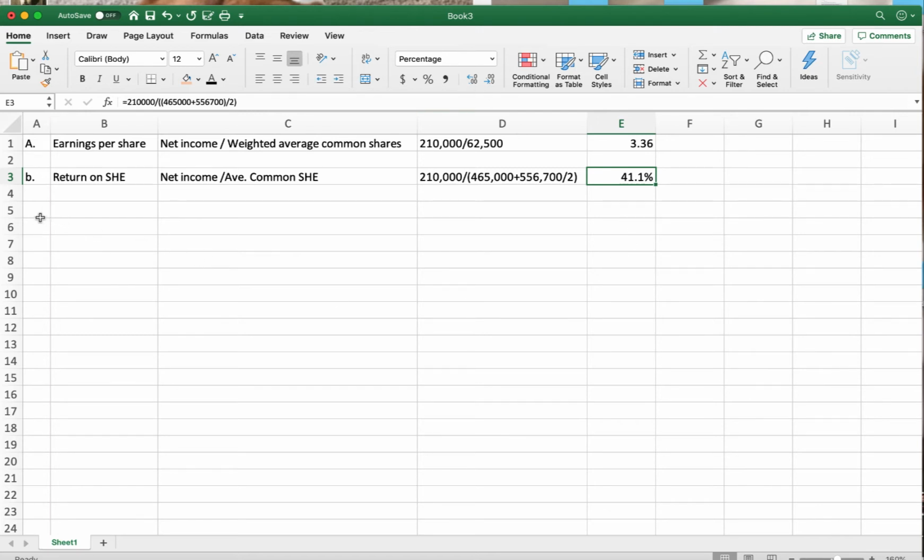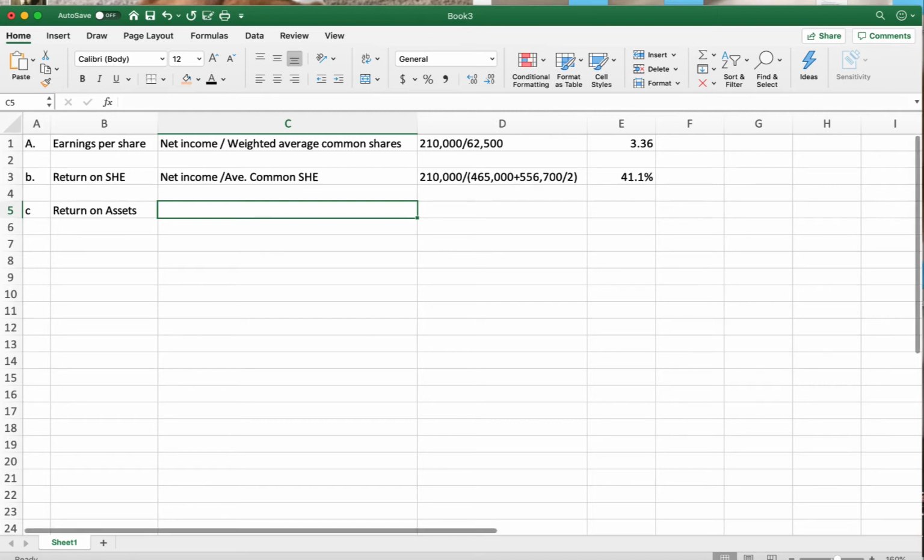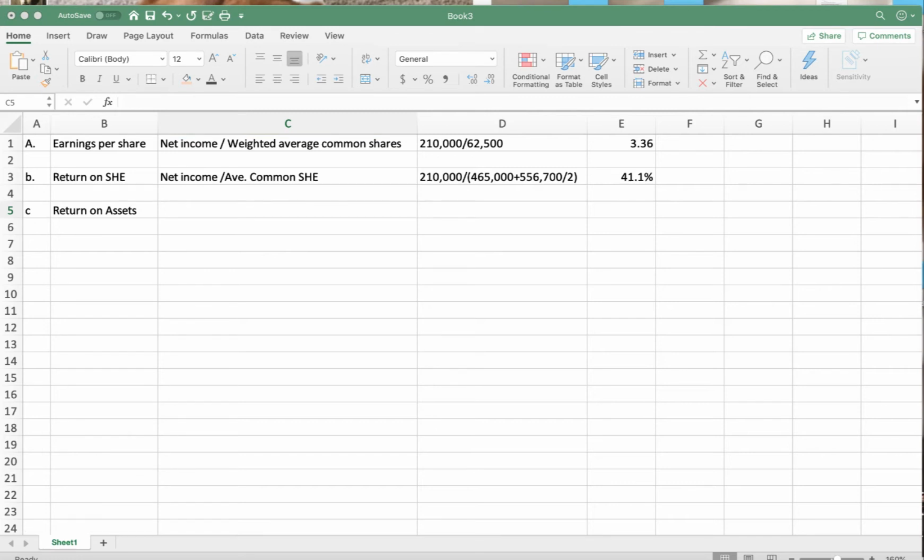Okay, C wants us to calculate return on assets. Oh, wrong spot. C. Return on assets. So I forget what the formula is to calculate return on assets. Well, no problem, right? Because I have my cheat sheet, or literally two cheat sheets of the ratios. So I'm going to look up return on assets, and if you remember, return